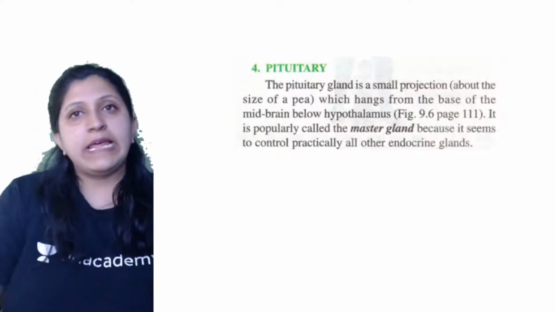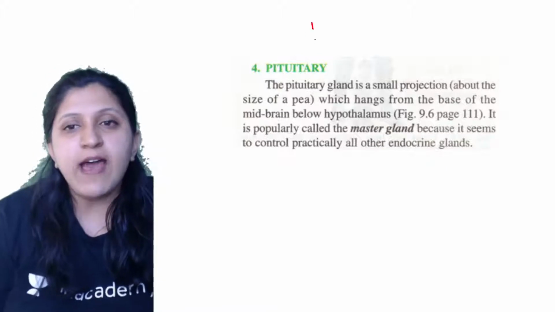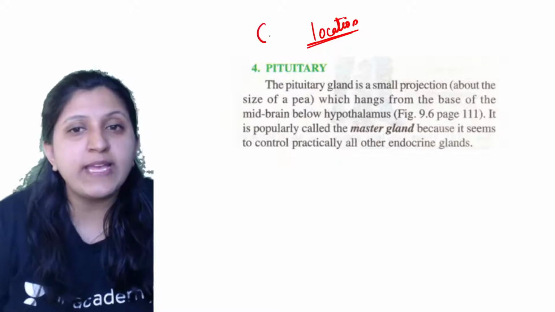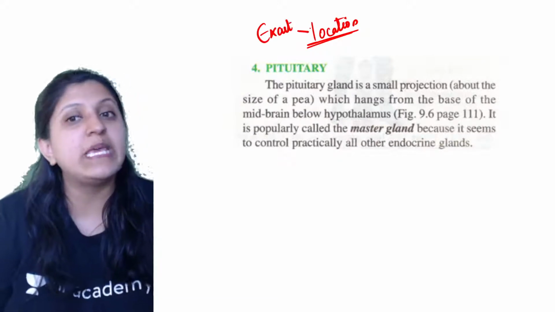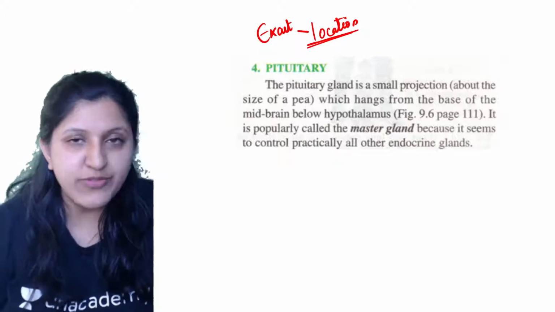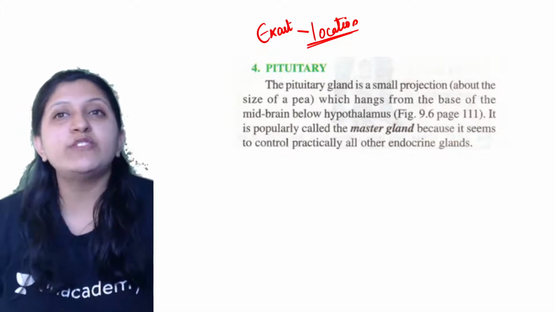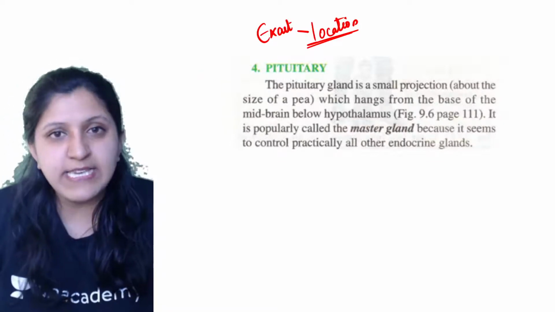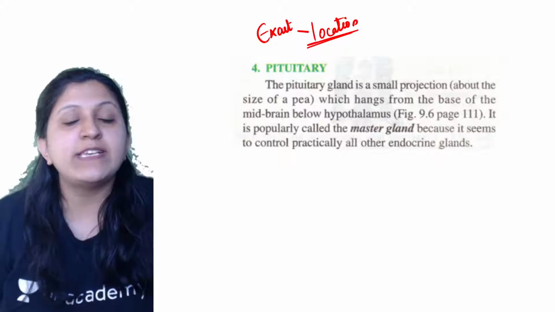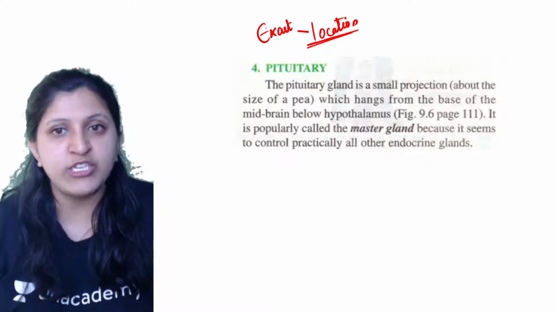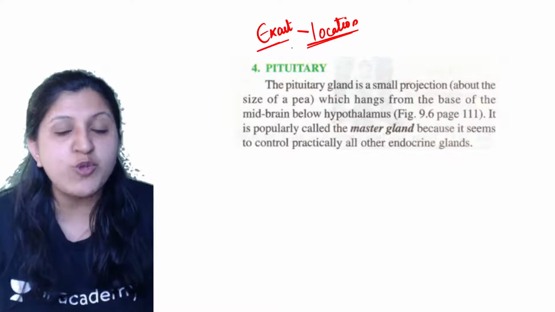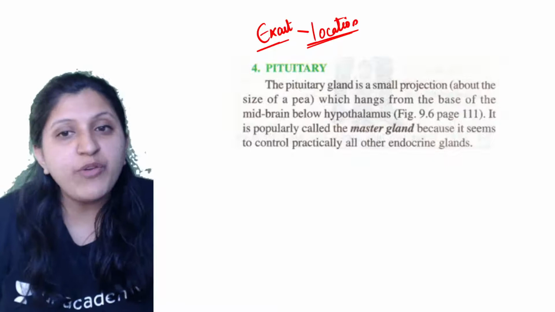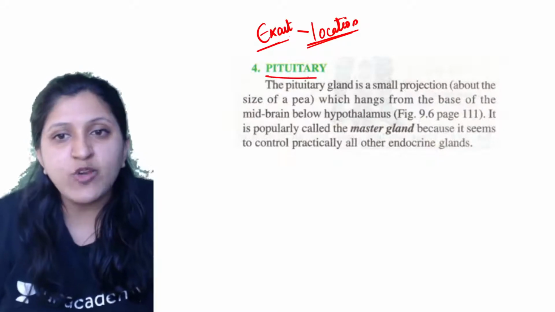Now, in your finals they will ask you the location of the pituitary gland, so you need to write the exact location. I keep repeating this in every class. Why do I say this? Because I have undergone training for ICSE evaluation. What they expect is, whenever your question paper says to write the exact location of so and so part, you write the exact location. If they are asking about the pituitary, the exact location is this one.